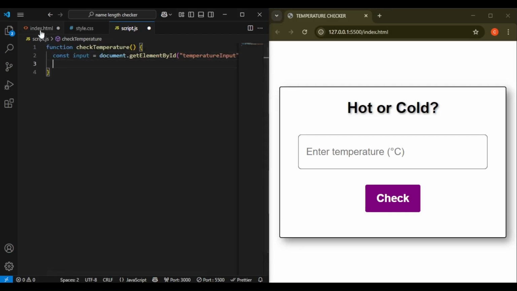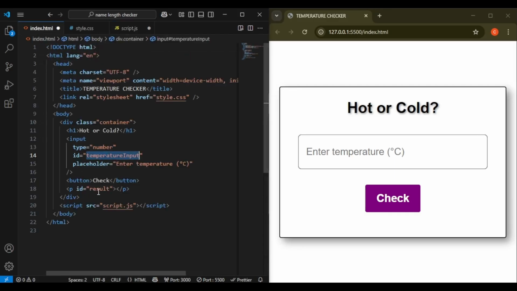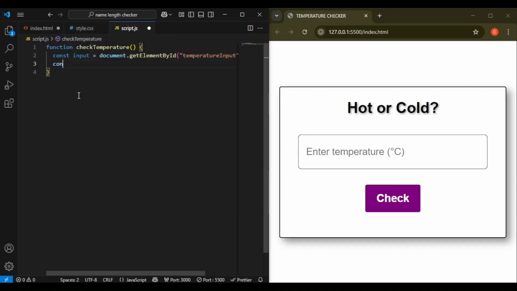Next, we grab the results paragraph and also assign it to a results variable so that we can manipulate it anytime we want. Next, we check our first condition. So what if the input field is empty? So if the input,